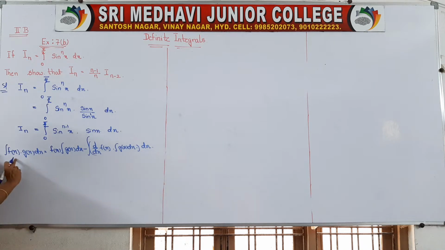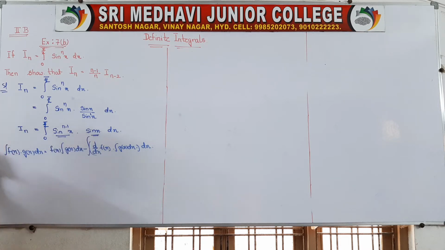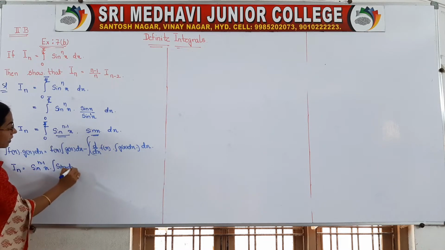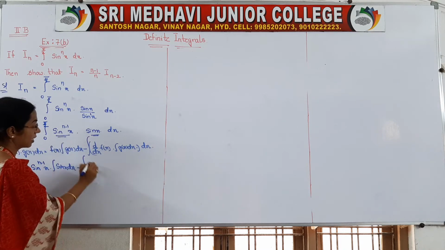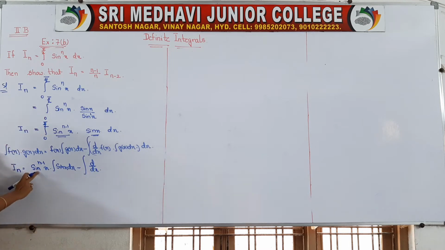This is your f of x into g of x form. So you consider this as f of x, this as g of x. Then I_n is equal to f of x, it is sine to the power of n minus 1 x, integral sine x dx, g of x form, minus integral of d by dx of